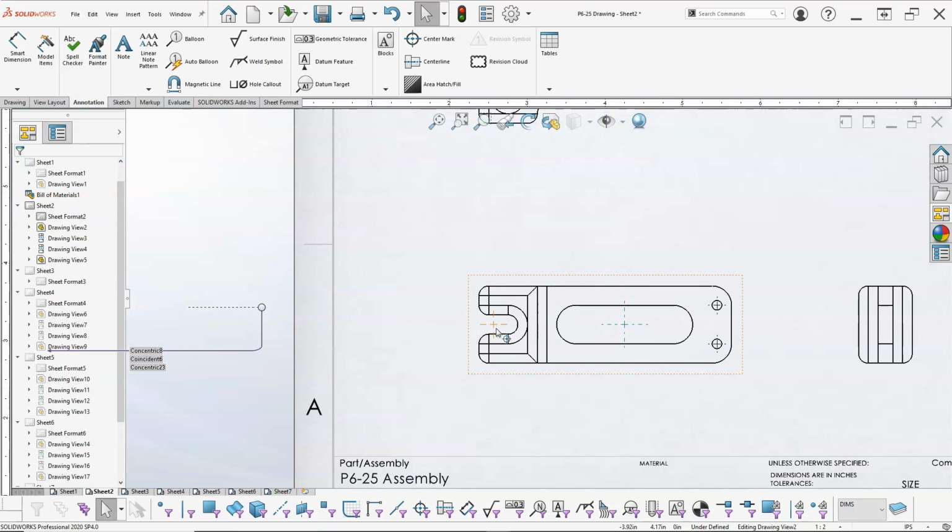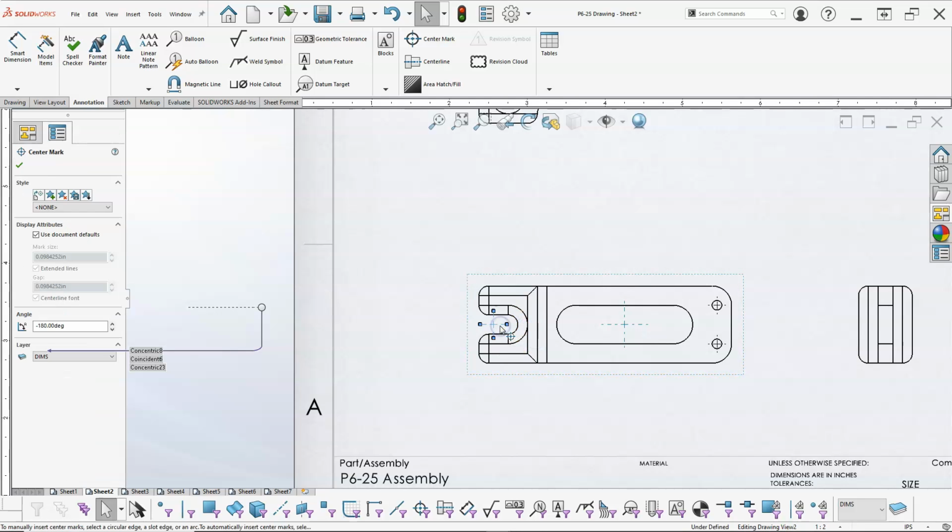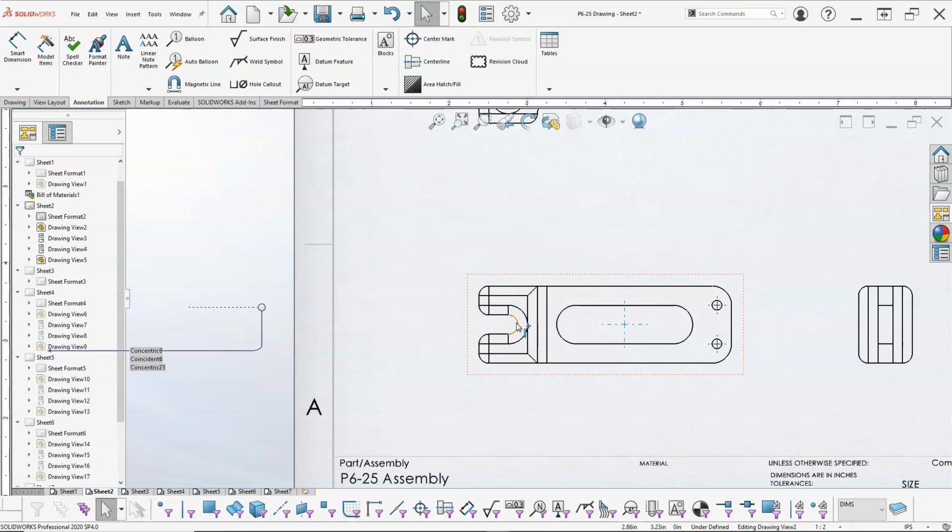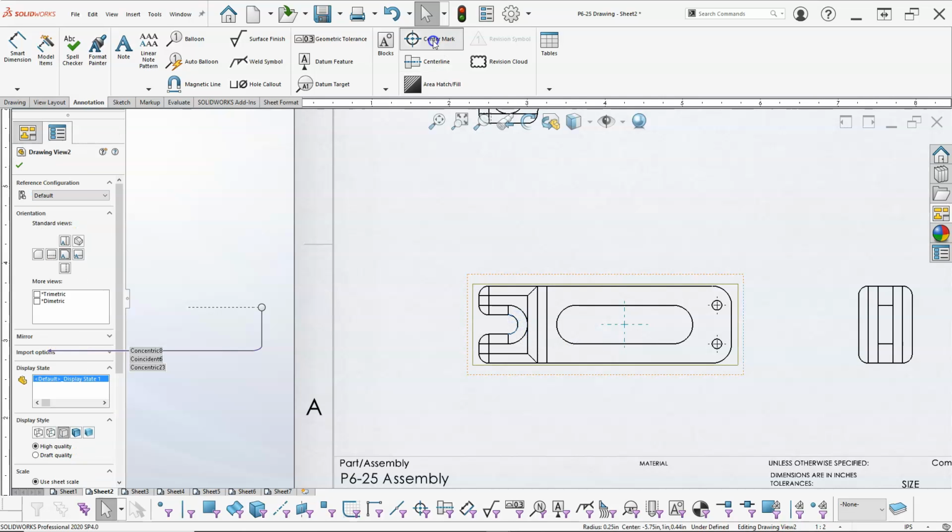Interesting that it put that out there for the big slot. Yeah, I'm not real fond of that one. If I was going to put one, I would put it at that location. So maybe we'll go back and pick the one,